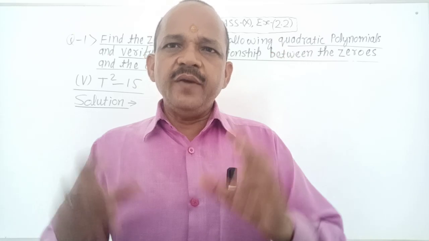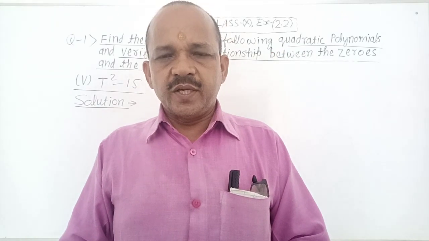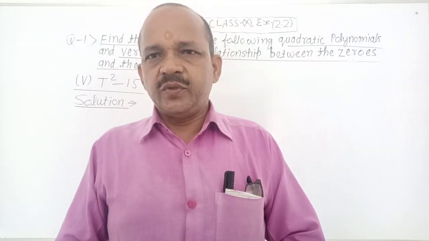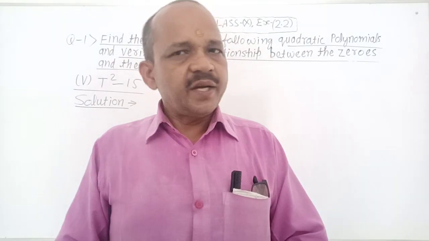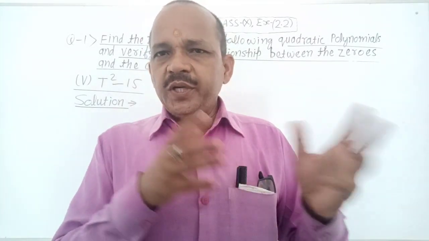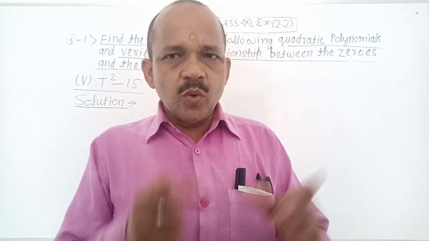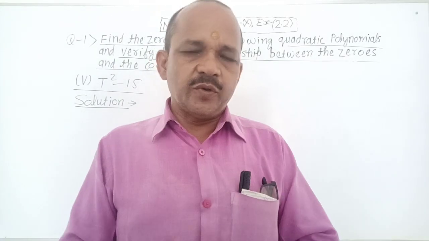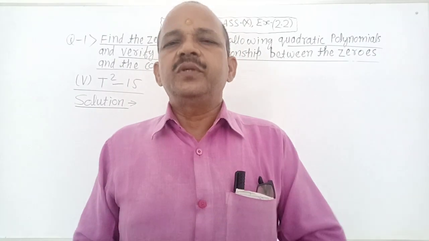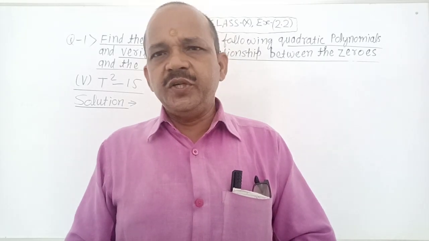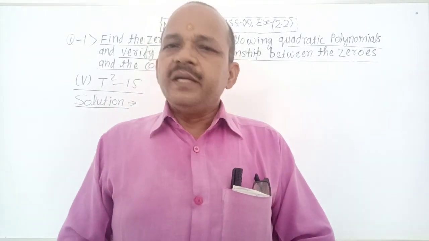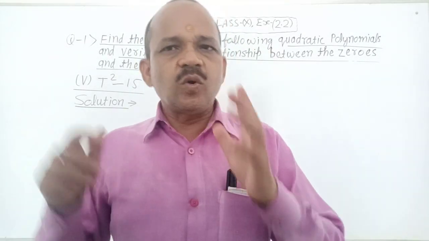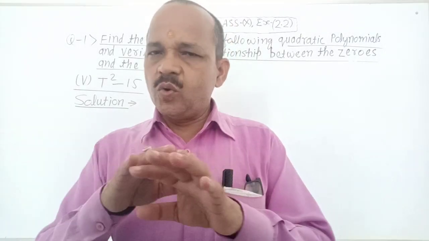Very good. Now I want to describe polynomials. Polynomials are of two types: term based polynomials and degree based polynomials. Term based polynomials are many, namely constant polynomial, zero polynomial, monomial, binomial and trinomial. Now degree based polynomials: linear polynomial, quadratic polynomial, cubic polynomial and bi-quadratic polynomial. It is clear, no confusion about it.